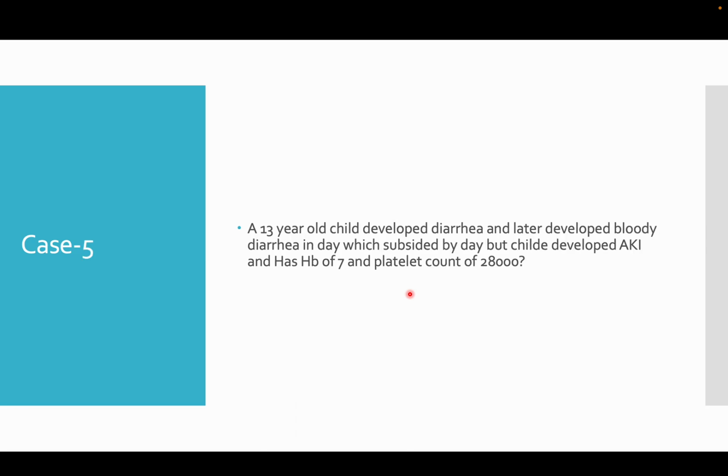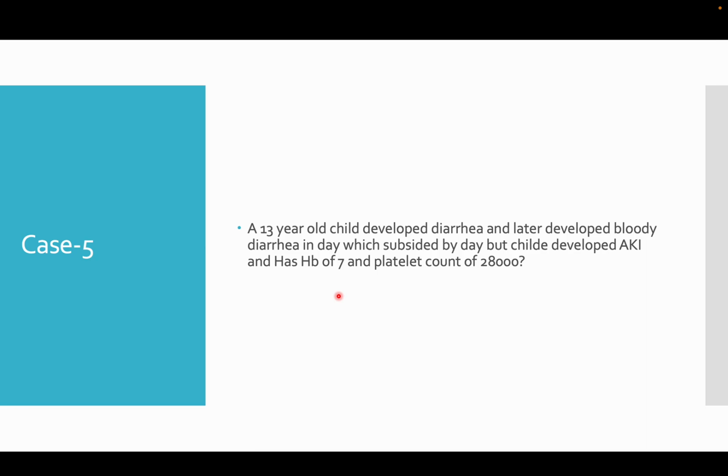A 13-year-old child developed diarrhea and later developed bloody diarrhea on day 5, which subsided by day 10. But the child developed AKI, and has hemoglobin of 7 and platelet count of 28,000. Generally the patient developed diarrhea in the initial 2-3 days. This is a clinical scenario of classical HUS, where typical HUS is here, which is commonly associated with